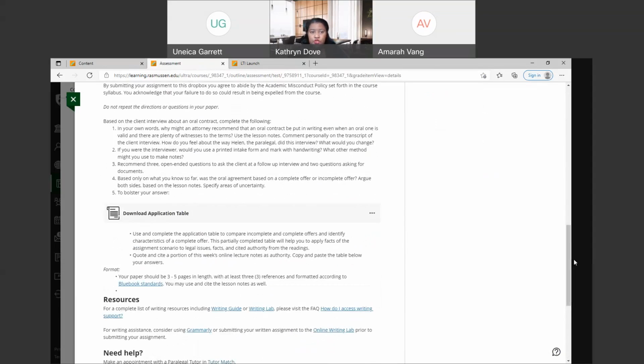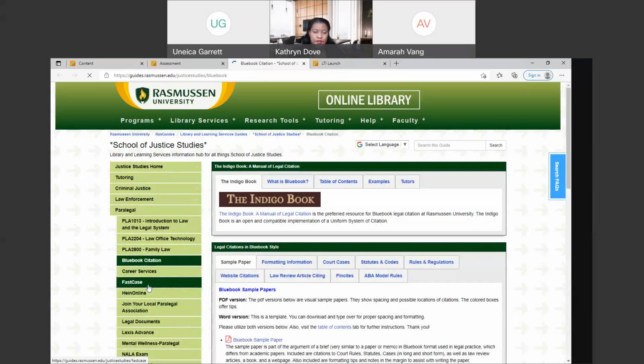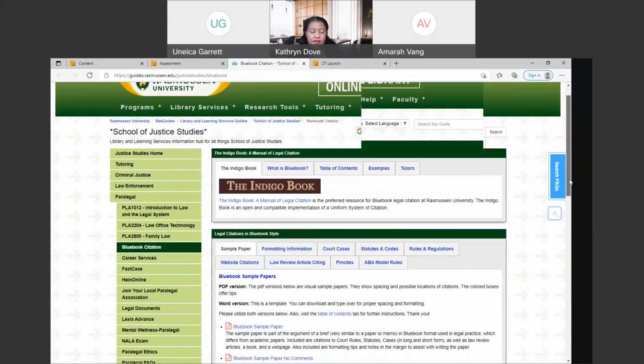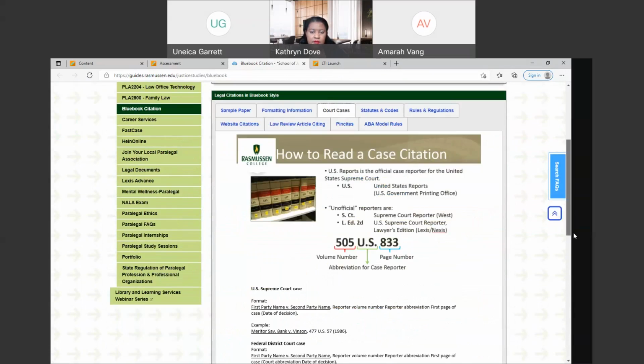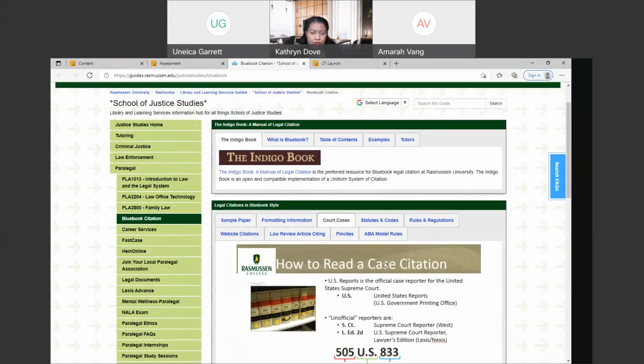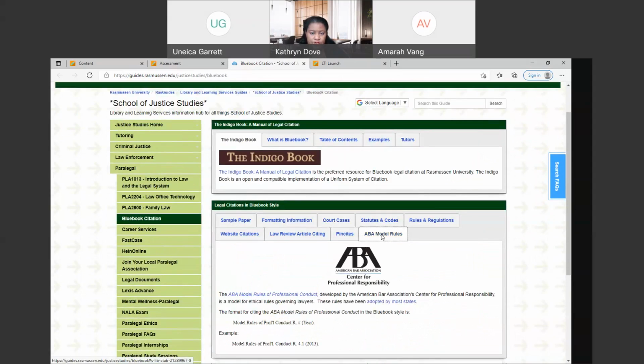So your goal is to answer these questions. You can answer these questions, Unica, without the table. If you feel like you can do it without the table, that's fine. Let's take a look at the writing guide and the writing lab and some of our sources, okay? So you'll be writing a 3 to 5 page essay answering the questions. You'll need to use the Blue Book citation form if you're citing to cases. That's how you would do it. If you're citing to ABA model rules of professional conduct,